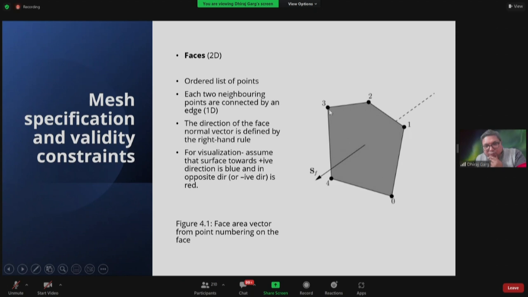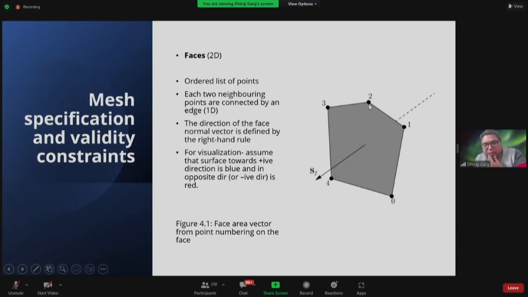From 0, it will go to 3, 3 to 2, 2 to 1, 1 to 4, and 4 to 0. So these two additional edges and the sequence will not create a realistic face or a surface. So order is important. Another thing is that in the same 5 points, depending on your mentioning, like 0, 1,